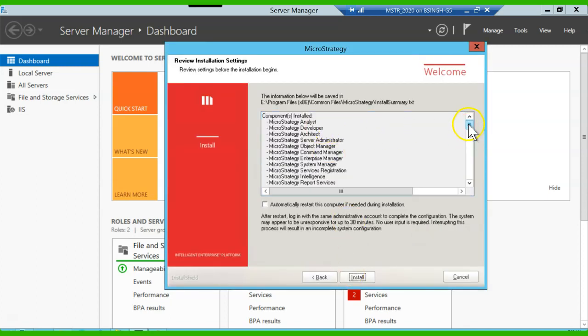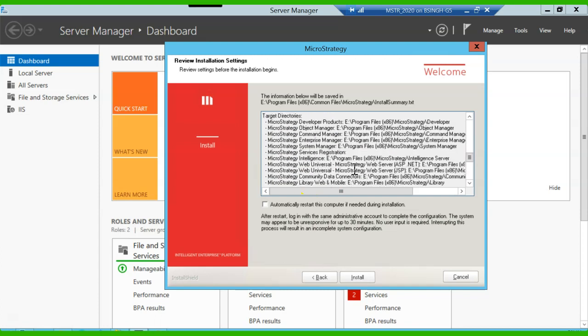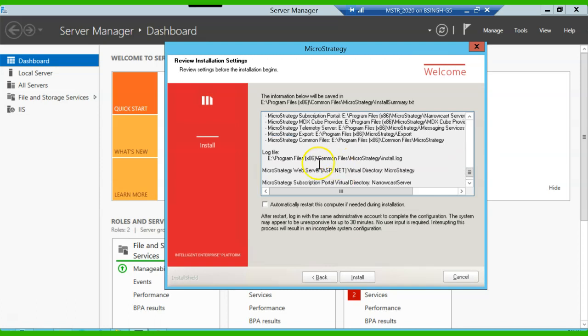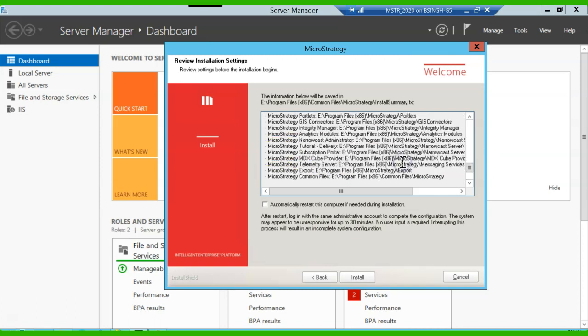And here you can see what features you are going to install, like Analyst, Developer, Architect, System Administrator, whatever features you selected in the previous window. You can see everything here, like the Intelligence server. Okay, and you can see in which directory the log will be located here also.